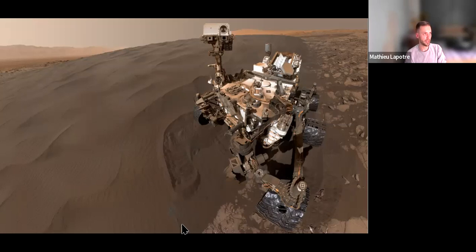Now, there are a few things that might be responsible for this. One is that the sediment on Mars is typically basaltic in nature, so the density of the grains will be a little bit larger than on Earth. Now, it doesn't make up for the difference between the gravity on Earth and Mars, but it does make the grains a little bit heavier relatively.